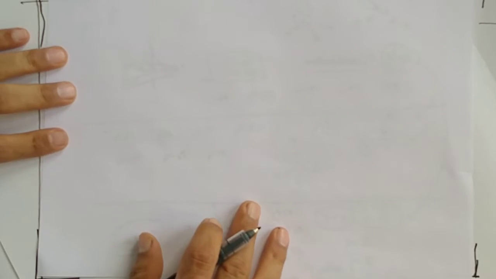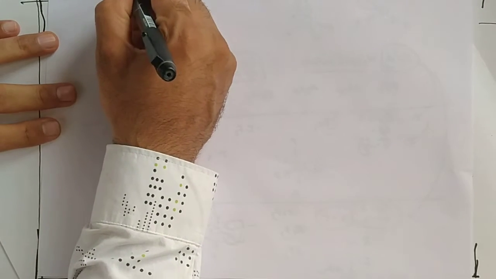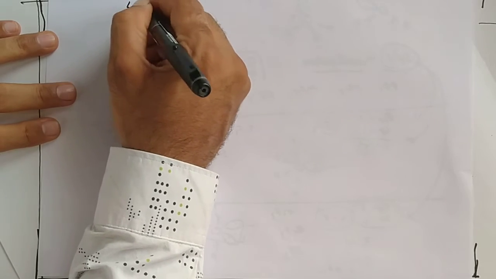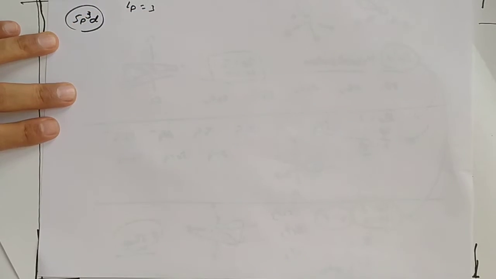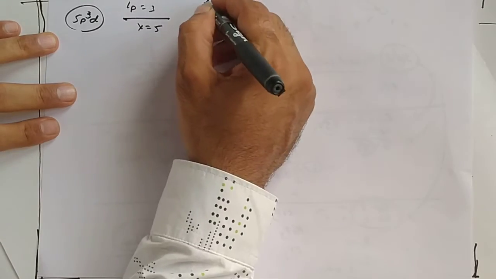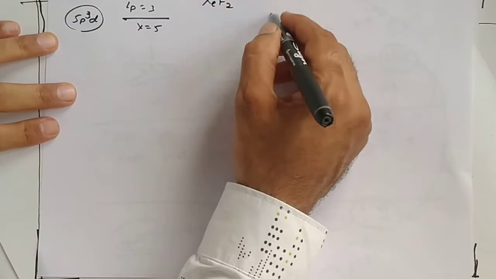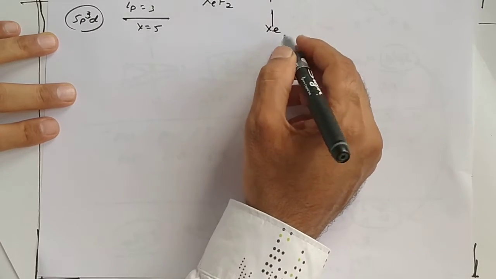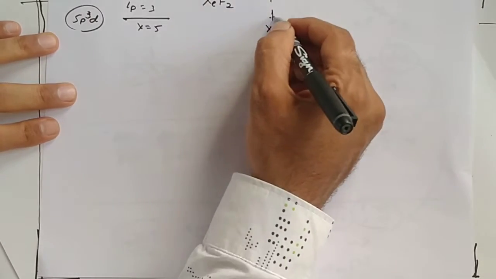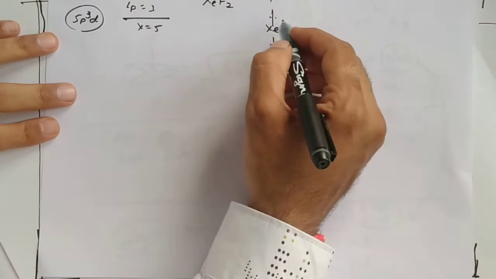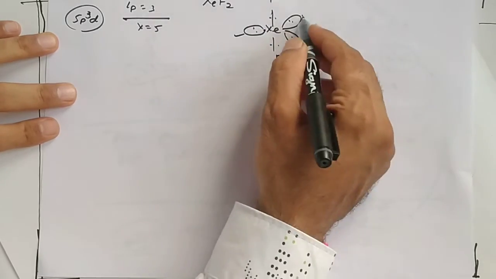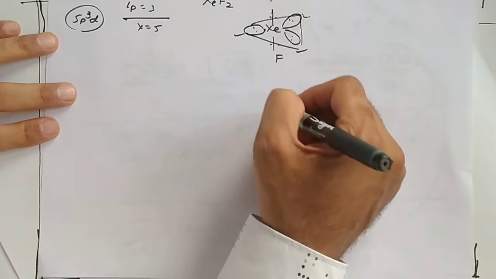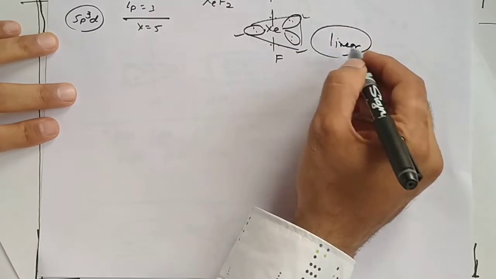Now next, bonding pair is 2 and lone pair is 3. So it should also be sp3d hybridization. I am giving you the example XeF2. Xenon has 8 electrons. Out of 8, 2 are used in bonding. Remaining are 6, as 2, 2, 2, and so all the 3 lone pairs come in equatorial positions. So this one is linear in shape.